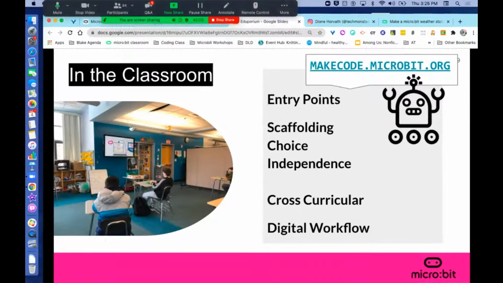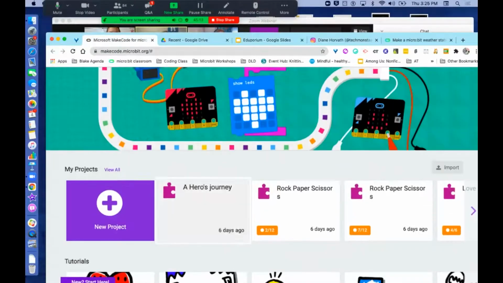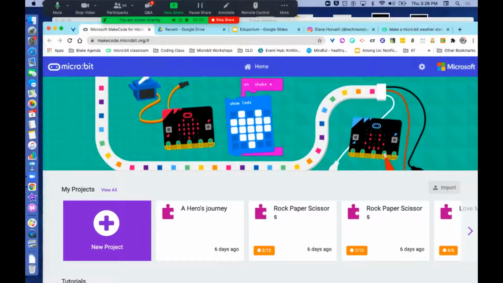And let me quickly show you what that MakeCode website looks like. And I found this is the easiest way to introduce. So I'm coming to you as a person who is learning how to code along with her students. And so I found this is really the tool that can get you from 0 to moving with coding all in one. So if I go to